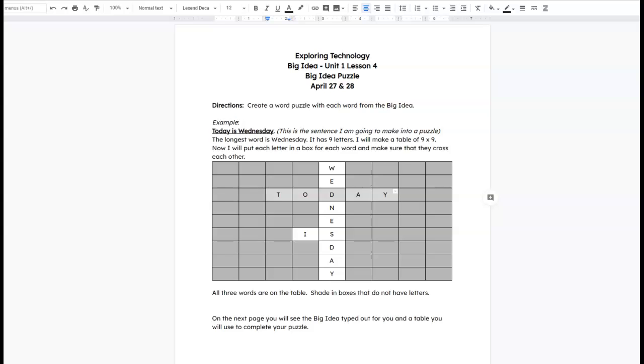Hello everyone. I have received questions in regards to how to complete the Big Idea puzzle for Unit 1, Lesson 4. The directions read, create a word puzzle with each word from the big idea. And then we have an example. The example is, and you'll see,